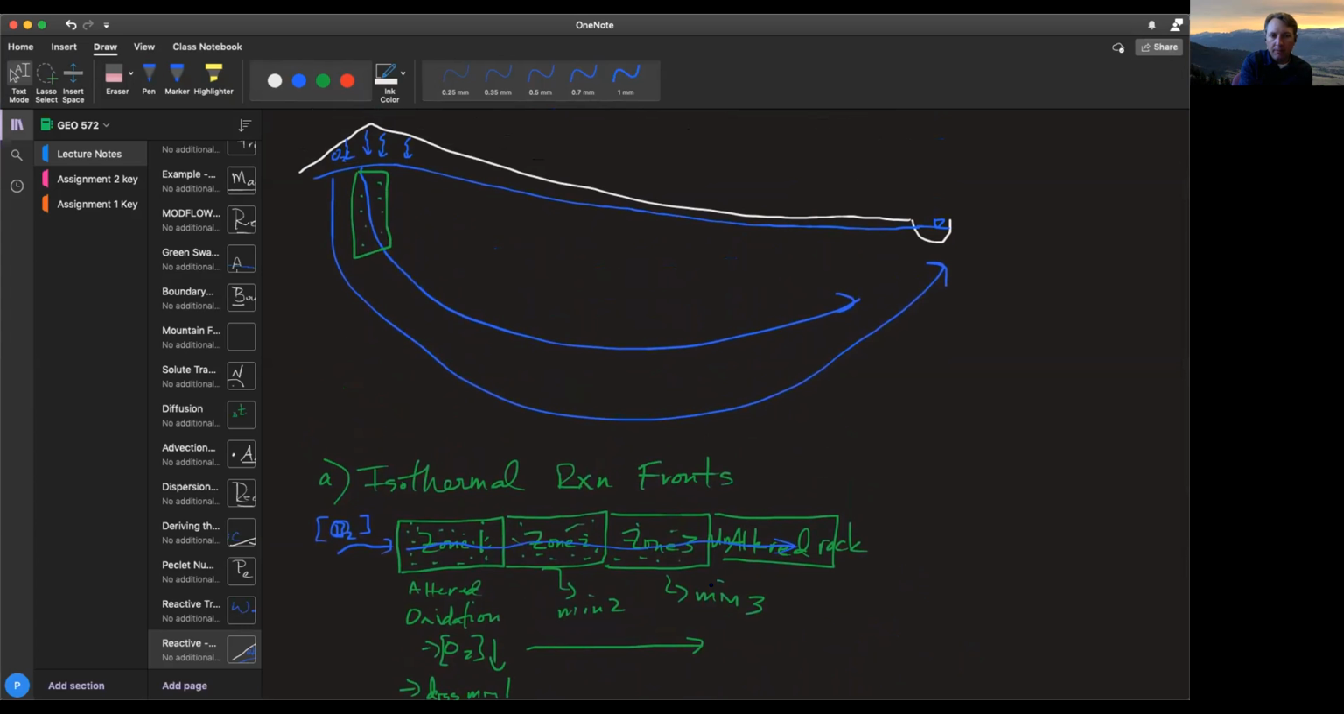Okay, so these are just zones where, along a flow path, we get different zones of reactions. We call those isothermal reaction zones. Another type of reaction would be